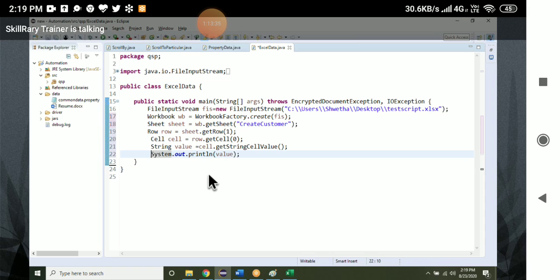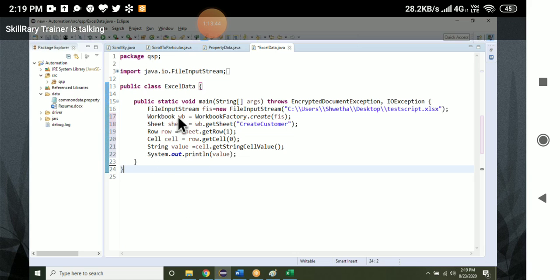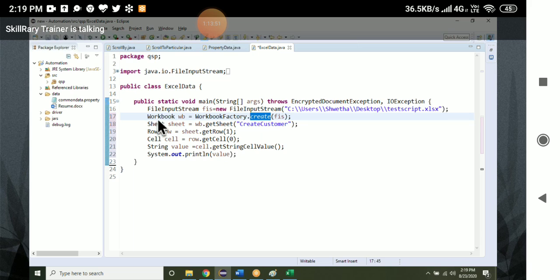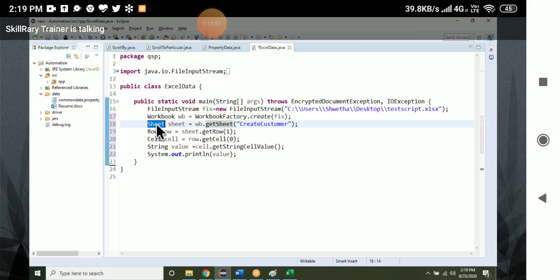Few people will write like this. The previous one is a little bit easier compared to this. You have to remember each and every class. The return type of the create method is the Workbook class. Same way, the return type of getSheet is the Sheet class.